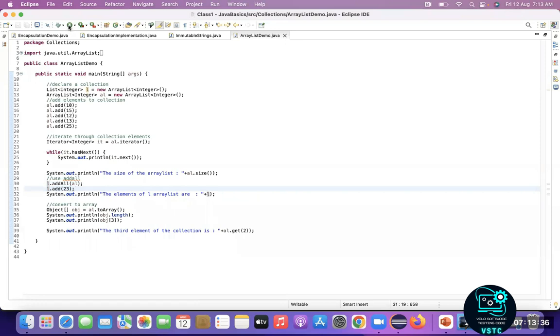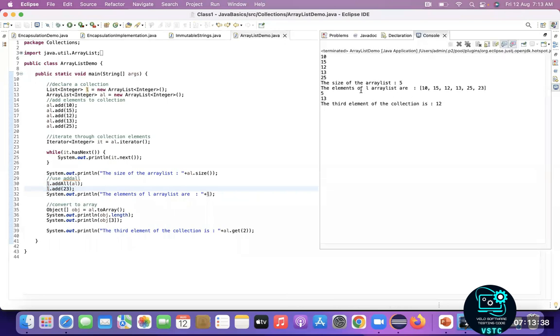Let me run this and show you what this L array list contains. The elements of L array list are 10, 15, 12, 13, 25. And these are the elements of the AL list. Along with these array list elements, we have one more element called 23, right? Now from this array list L, I want